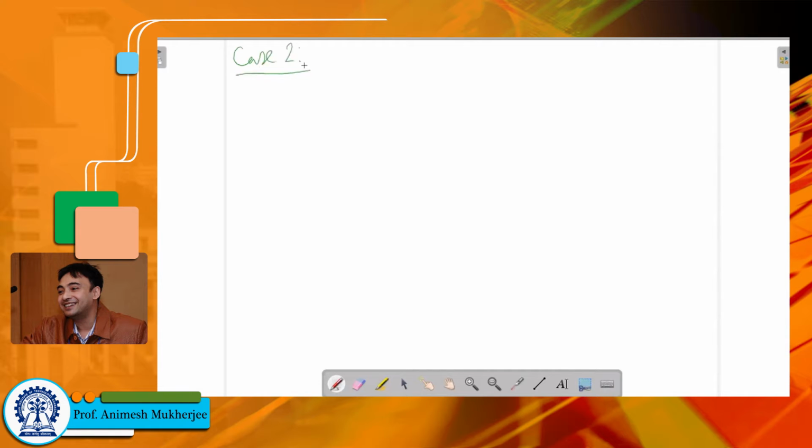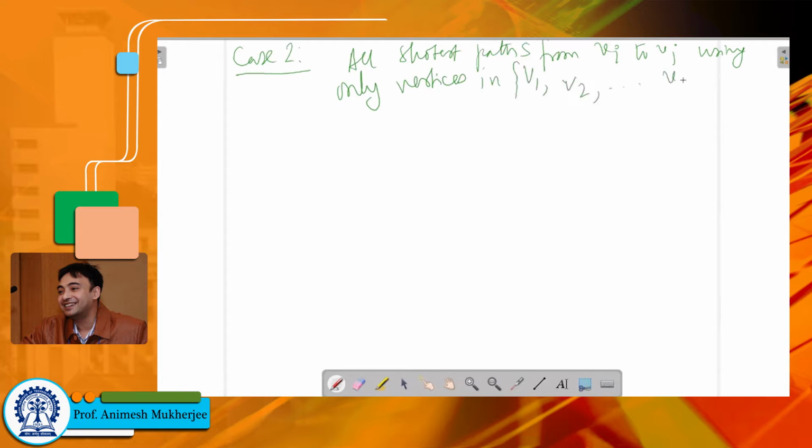So this is a case where all shortest paths from Vi to Vj, using only vertices V1 up to Vk as intermediate vertices, do use Vk. While in the previous case it does not use Vk, in this case it does use Vk. All the shortest paths use Vk. In this case the shortest path construction would look as the following: Vi